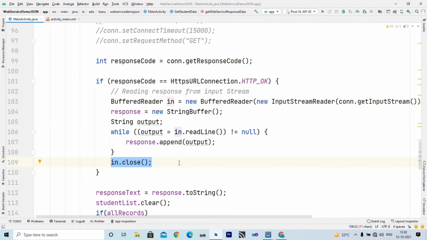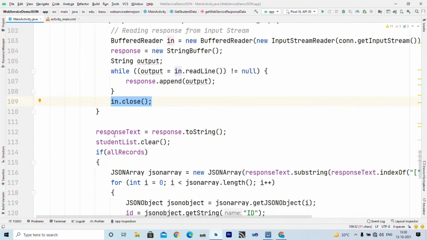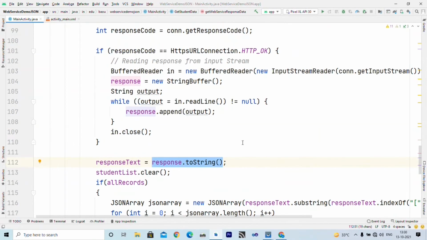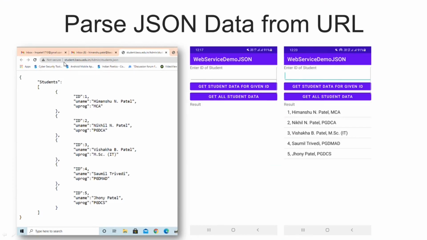After that we close our BufferedReader, and inside responseText we write response.toString. Let us try to understand this. You can see here when I type this URL, it returns this. First we read this curly bracket and append it to the StringBuffer.